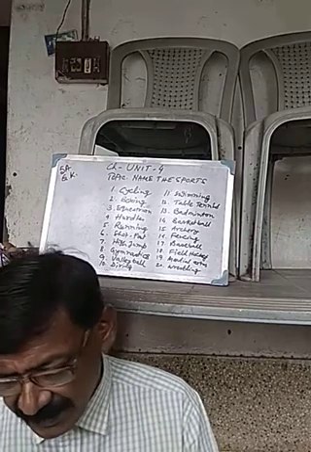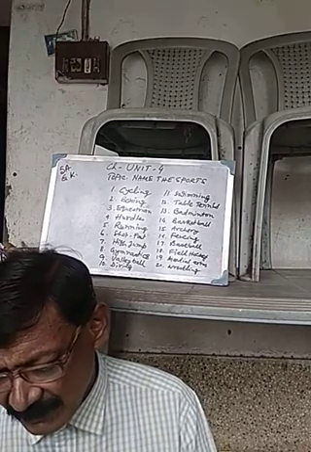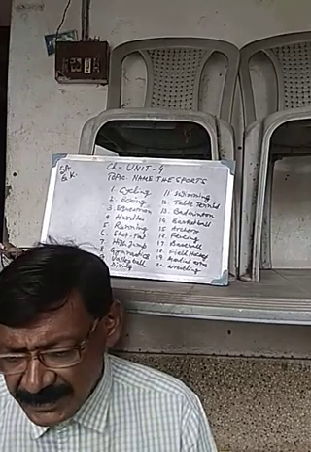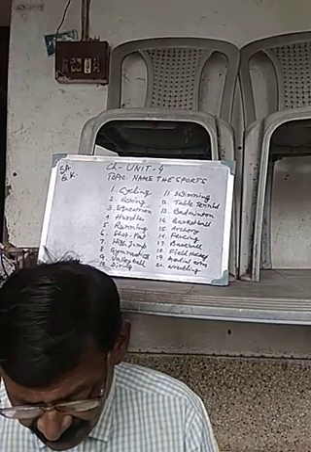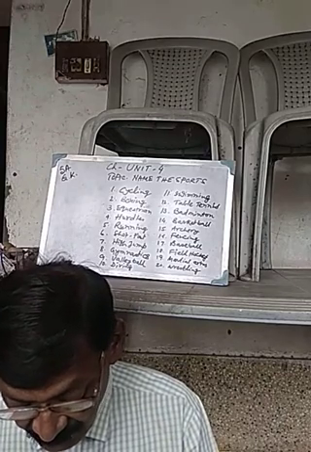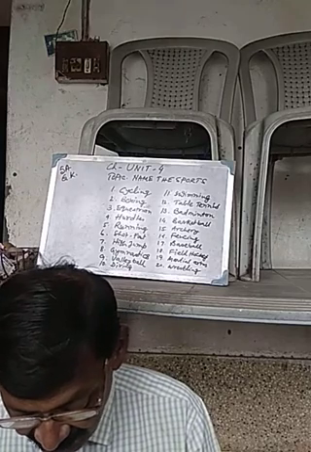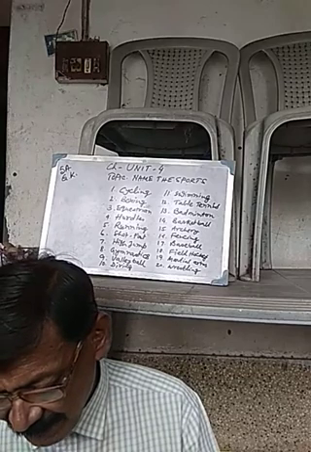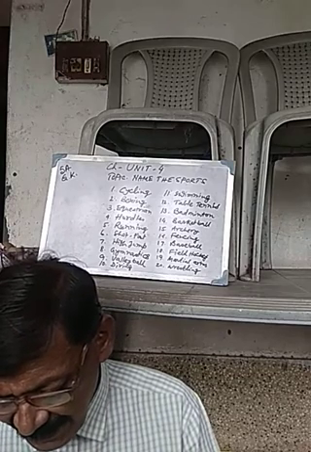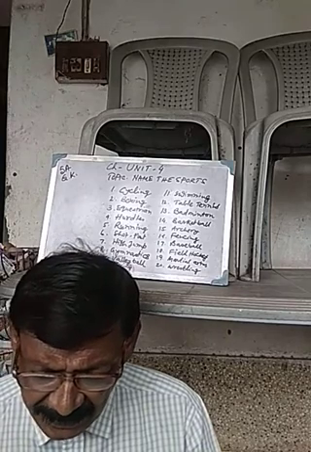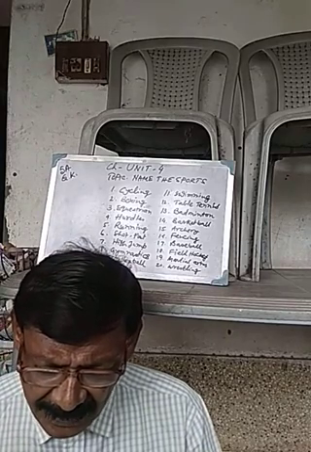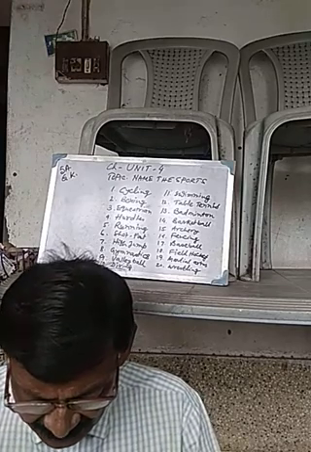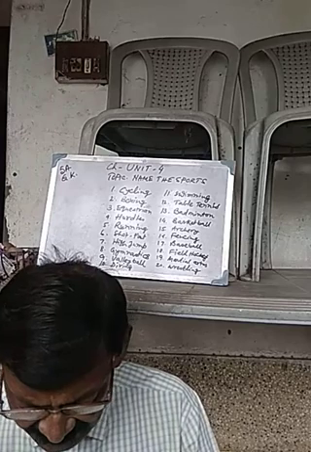And next one, badminton. One bat or racket will be there, and one feather will be there. Two persons or more than two persons, or a group of persons, may play this game, badminton. And next one, basketball. One net will be there, and the players who take part in this game will throw the ball with their hands and try to get it into that net. This is known as basketball.